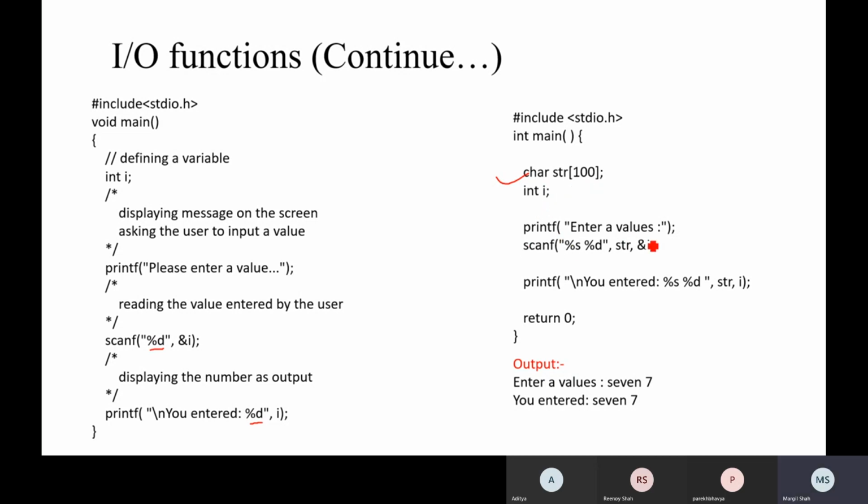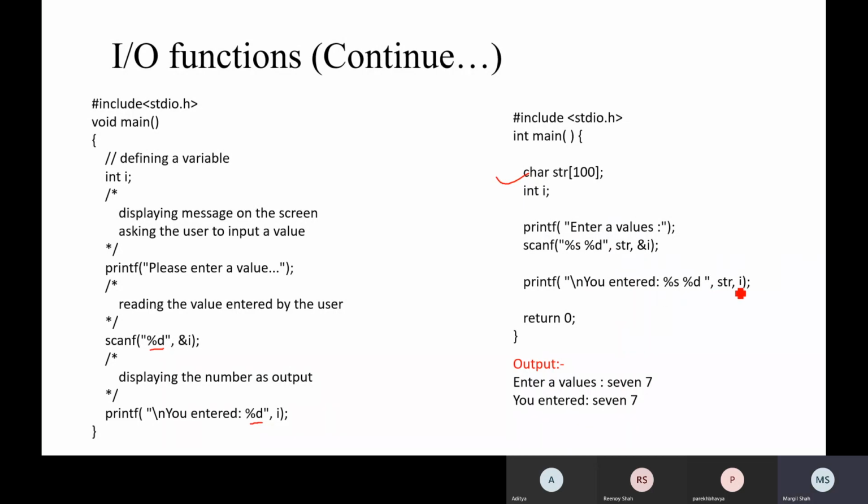Integer i, "enter a value", %d, %s, str will print the string value. What is the value contained by this array? That will be scanned directly from the console, as this is a scanf, and %d, so the value of i will be scanned from the user console.